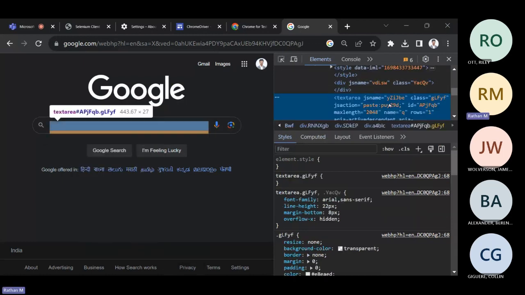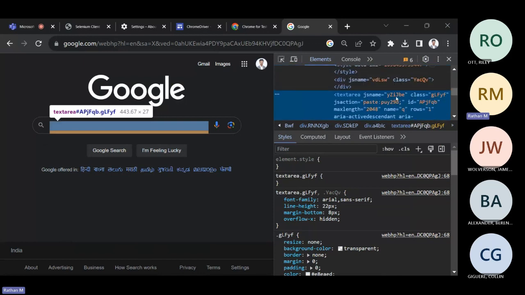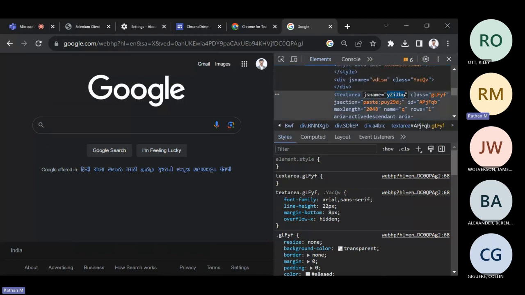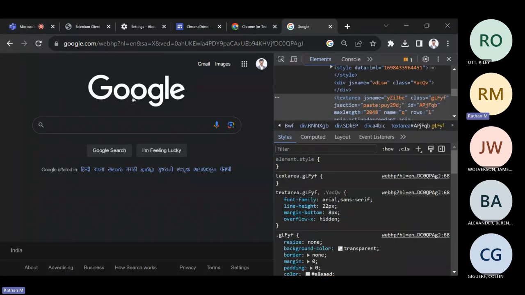It'll particularly go to that search bar. You can see this search bar is a text area and it has some name like this. And whenever you have random names which you cannot understand, just remember next time you reload this, this is going to change. That's because they don't want you to automate. It will change each time. So this is the text area name right now, but the next time I refresh this,